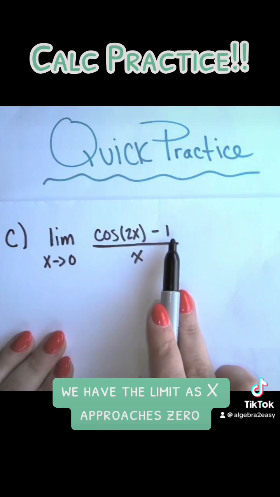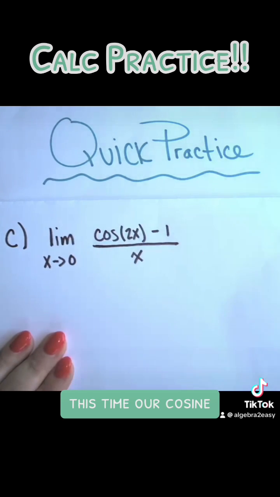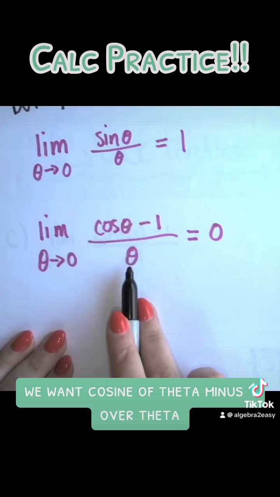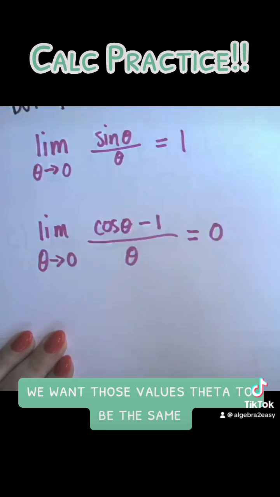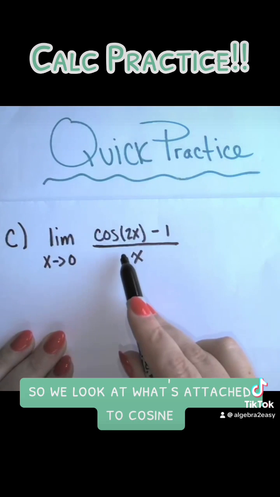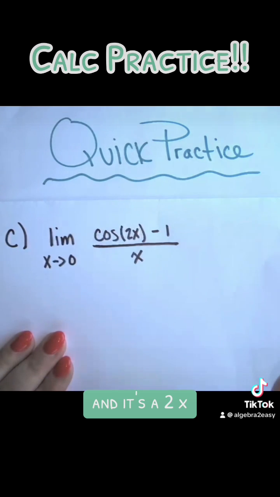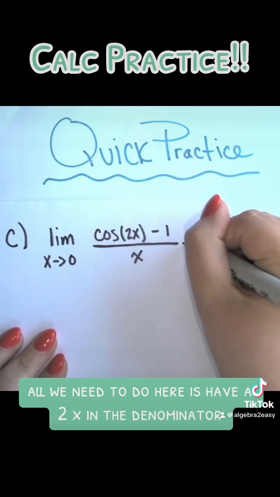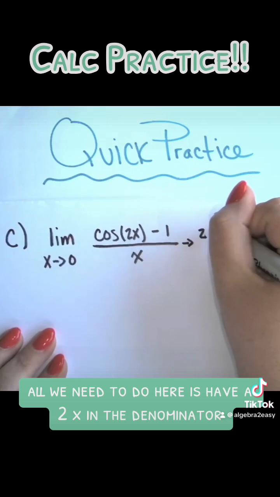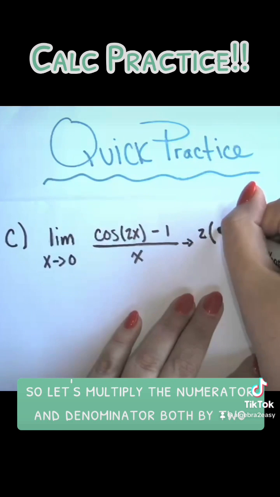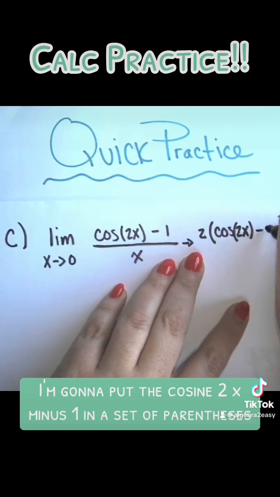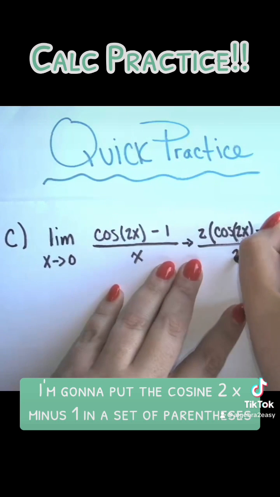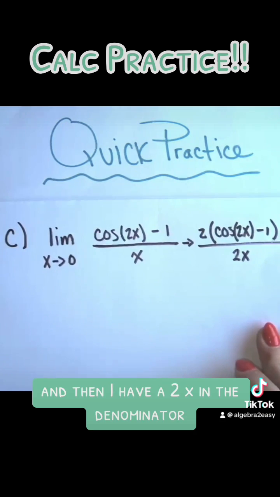Now the third problem is a little bit trickier. We have the limit as x approaches 0, this time our cosine. As a reminder, we want cosine of theta minus 1 over theta. We want those values, theta, to be the same. So we look at what's attached to cosine, and it's a 2x. All we need to do here is have a 2x in the denominator. So let's multiply the numerator and denominator both by 2. I'm going to put the cosine 2x minus 1 in a set of parentheses, and then I have a 2x